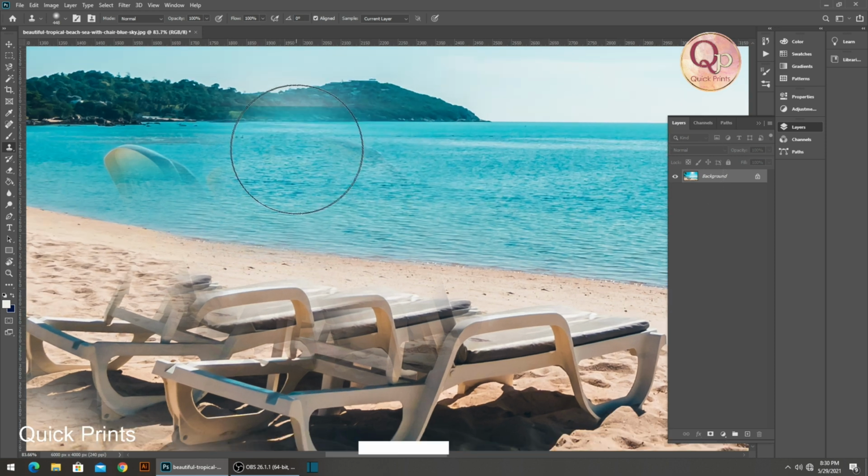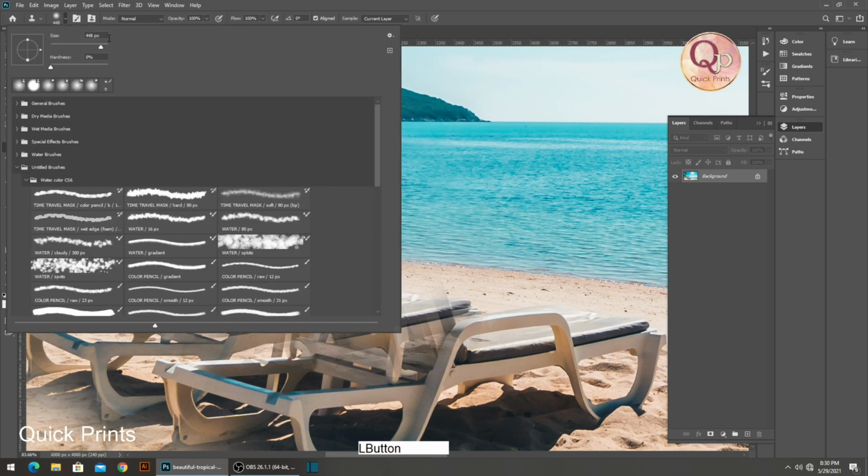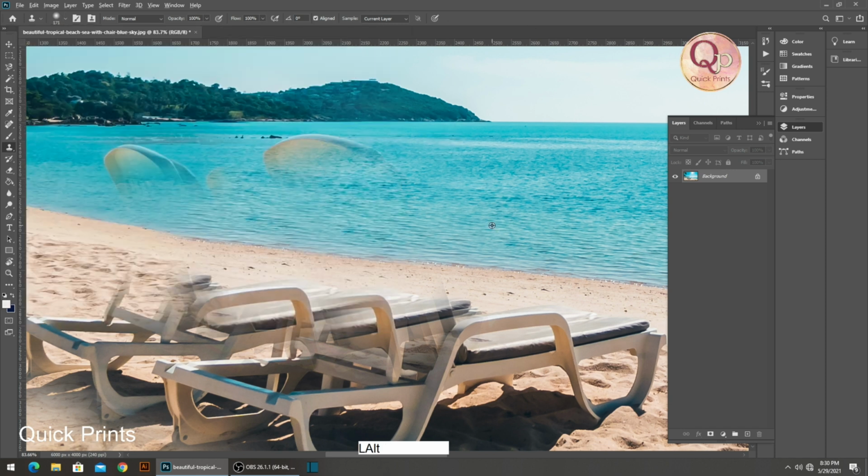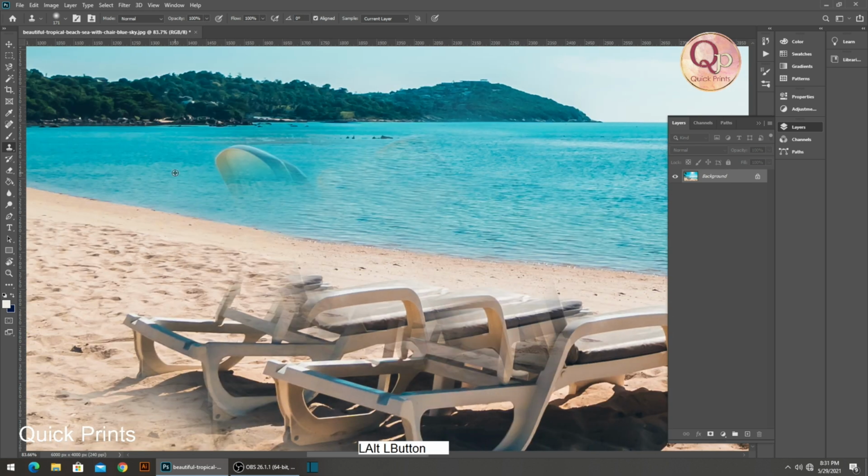Okay, we remove this part, we don't need to do that. For that we need to reduce the size of the brush. Let's do it, it's fine. Okay, so finally we are almost close to the target. We have to fill this part here.